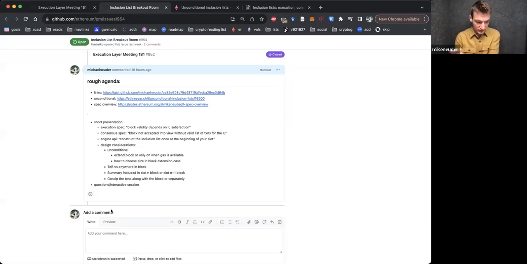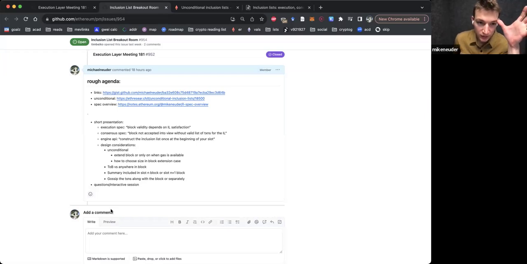So for example, let's just take a 3-slot n plus 1, n plus 2 view of this. Let's say slot n plus 1 is full. Slot n set some transactions in this unconditional inclusion list, and by the time you get to n plus 2, there's gas remaining in the block. Now at n plus 2, those transactions have to be included, even though they were only included in the slot n inclusion list.